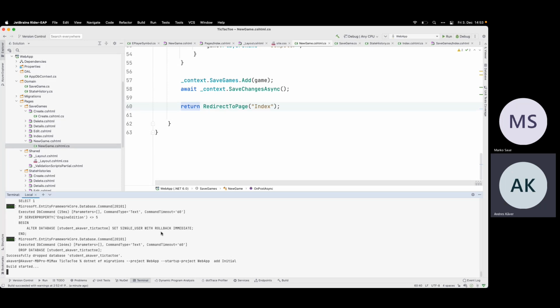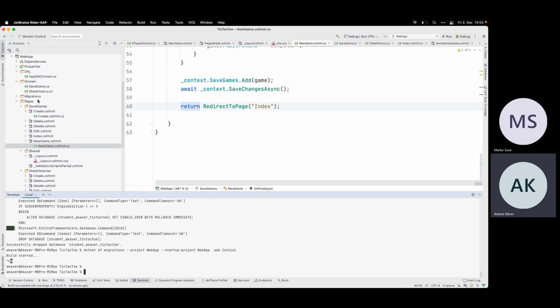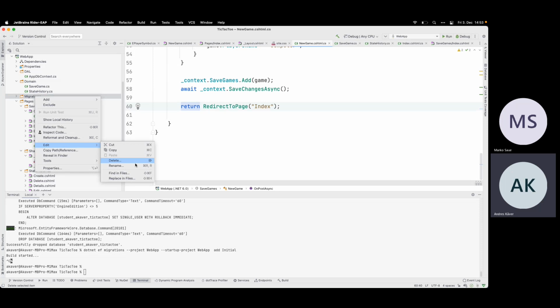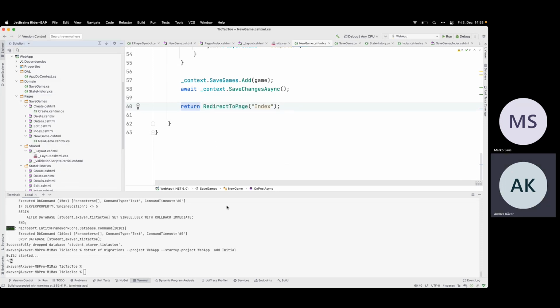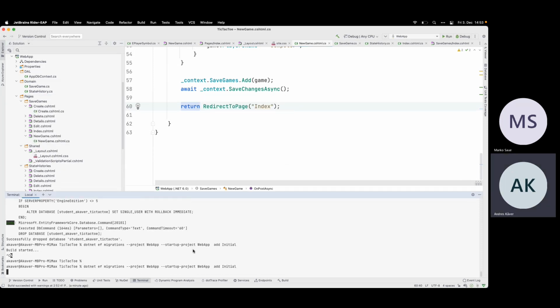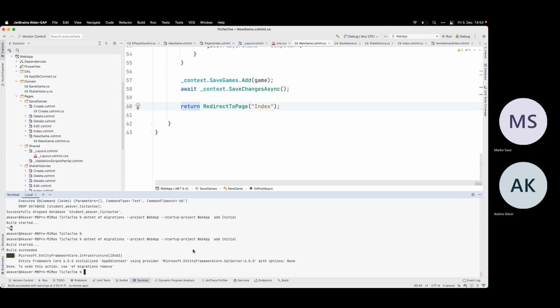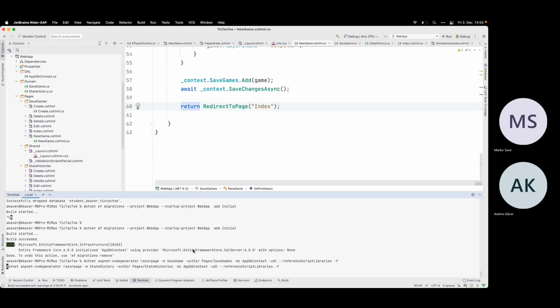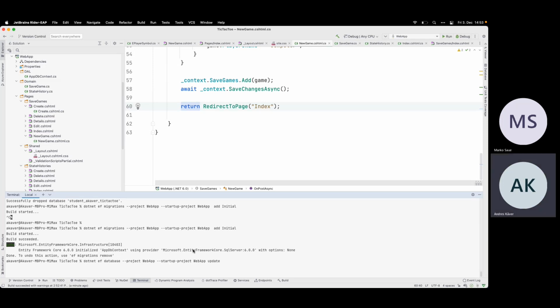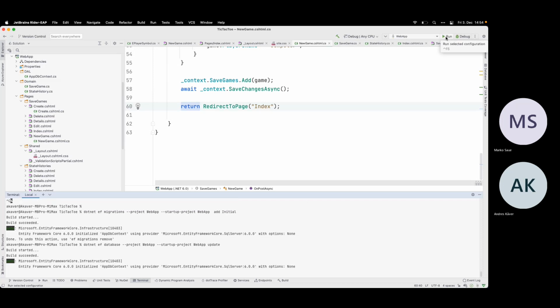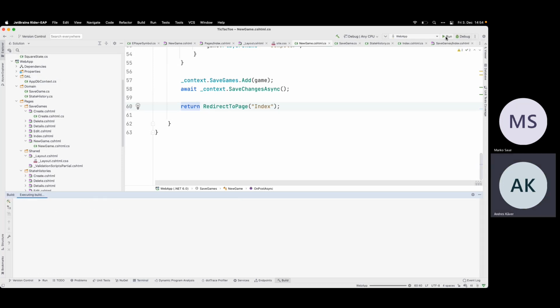Oh no, initial is there. Stop. Migrations, let's delete that one. And update. And let's run it again.